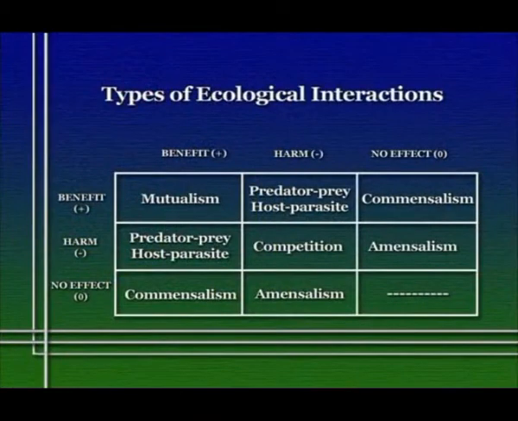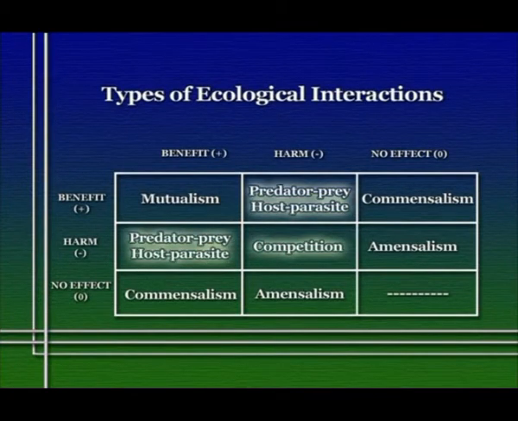Well, this list of kinds of ecological interactions between two species provides a framework for thinking about how different species living in a community may interact with each other and thus influence each other's population size and population structure. As I said before, two of these kinds of interactions, predation and competition, are considered to have a much more pervasive influence on the structure of communities. And so what we're going to do is to look at these kinds of interactions in just a little bit more detail. Let's first look at the ecological consequences of predator-prey interactions.